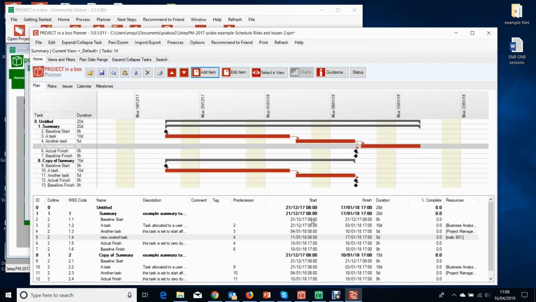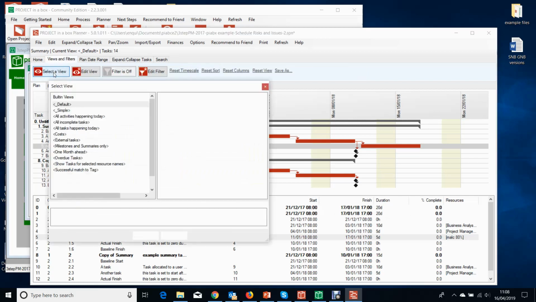Now, we don't normally see that because our default view in Planner is this sort of plan type view. We're interested in dates and times and resources and things like that. But we can change the view. We talked about how to do this on an earlier masterclass. And if I come to costs,